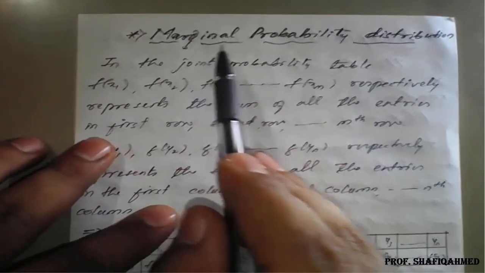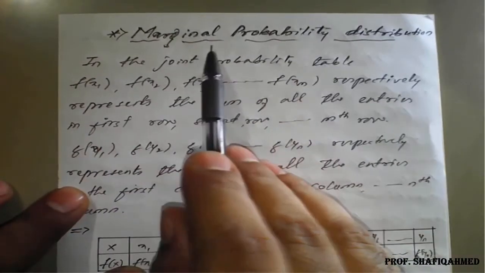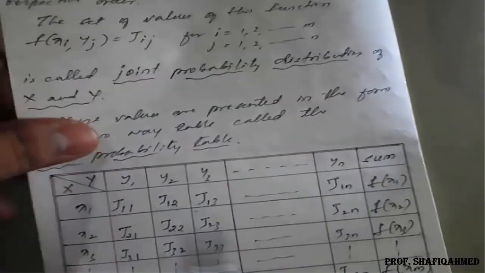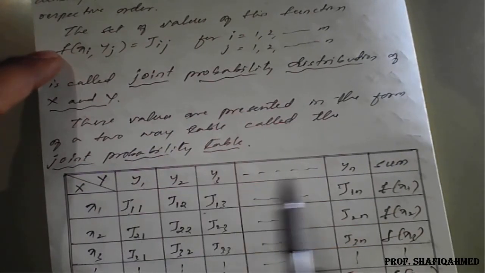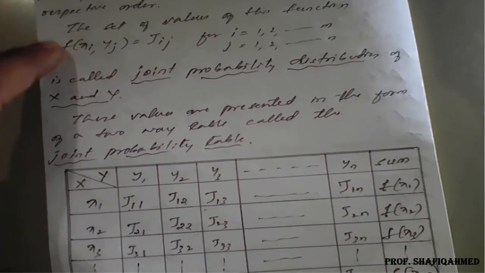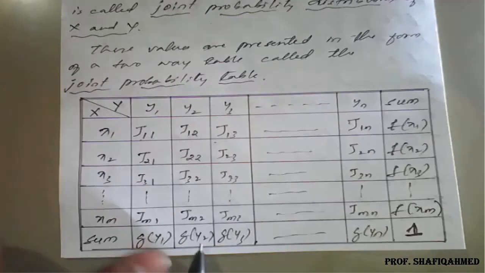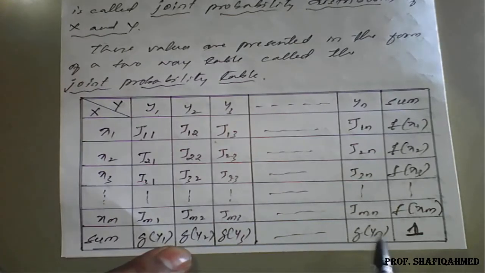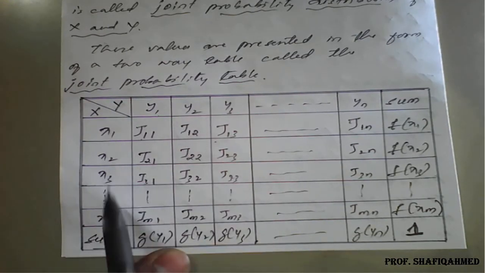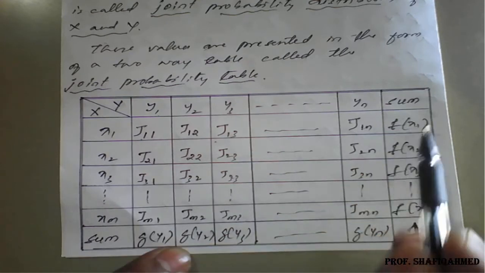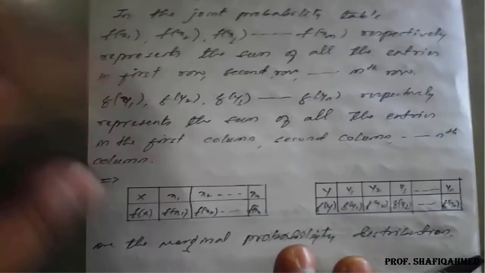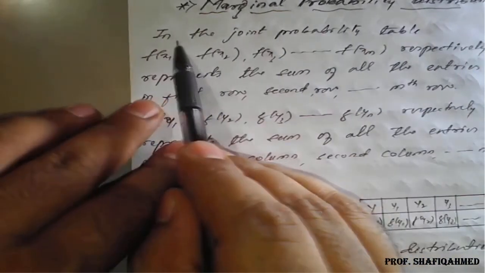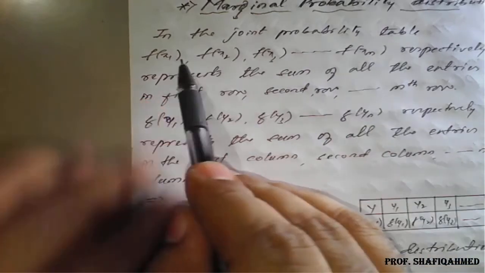So next, the next concept is marginal probability distribution. Marginal means these marginal values. So this is a margin here. For y1, y2, y3, so on, yn is a margin, and with respect to that, g1, g2, g3, g4, so on, gn is the margin. And x1, x2, x3, with respect to this, f of x1, f of x2, f of x3, so on, are nothing but the marginal values for this.